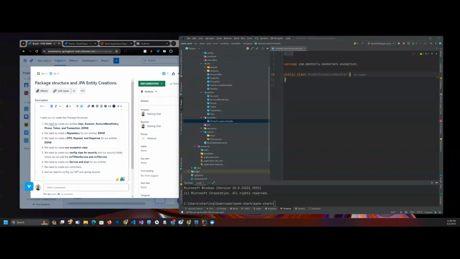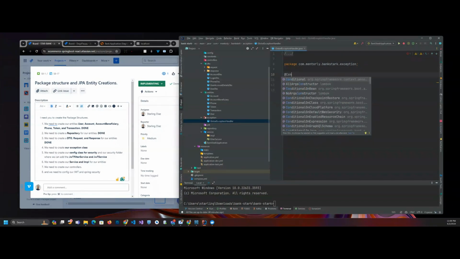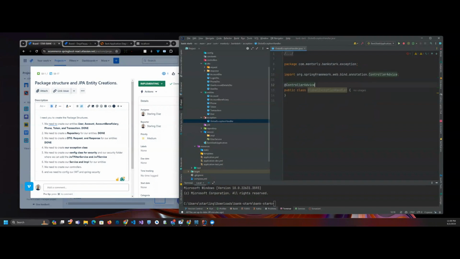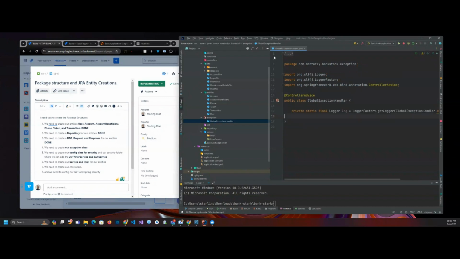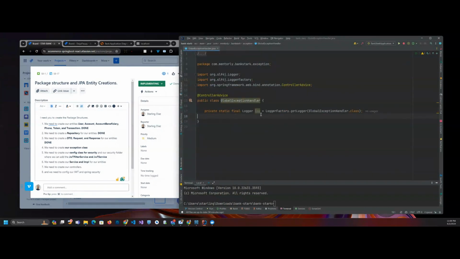In this class, we are going to have all the globalization. So we need to add this annotation, controller advice, to bring this globalization handler into our application. And of course, we need to add this private state definer, the logger, to have all the globalization here. And the first